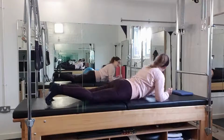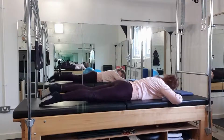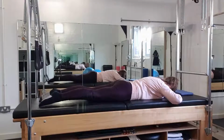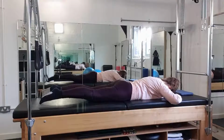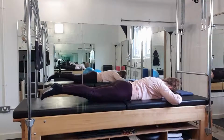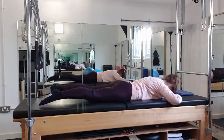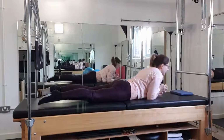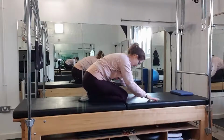And I'll roll back onto my tummy towards the dart position. Legs almost like dart. I've got that slight turn out if you can. Hover them up. Breathing in for 5 and out for 5, and just pulsing. So that's between 30 to 50, and then after all that, I'm going to sit back into my rest position